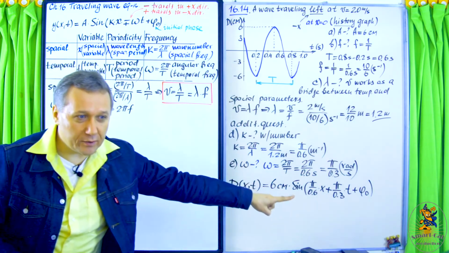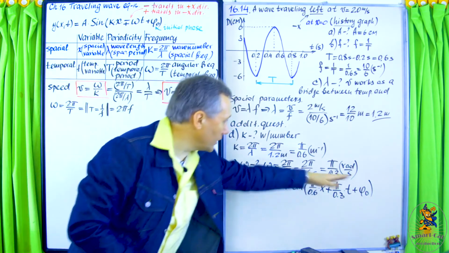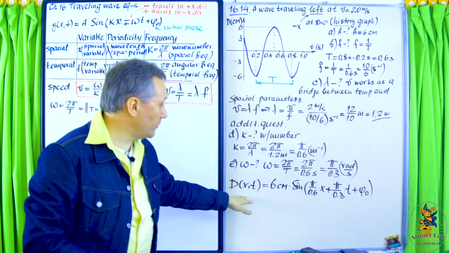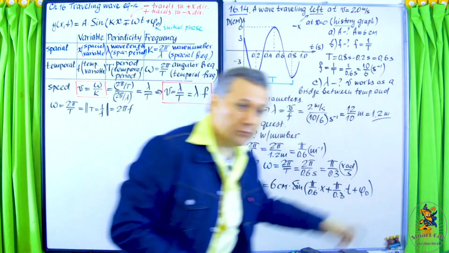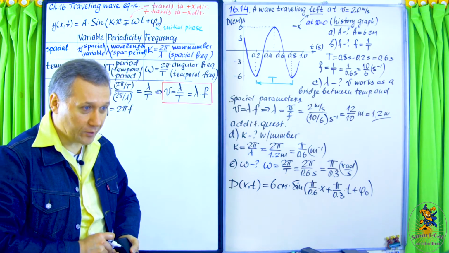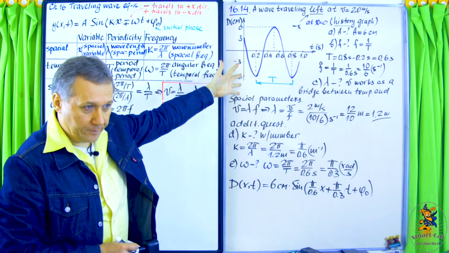Phi naught is still not known. We need to find phi naught. That's why I wrote this not in the final form, not in a complete form, because in order to have the complete form, we need to find phi naught. How can we find phi naught? Based on what is given on the plot. Look,